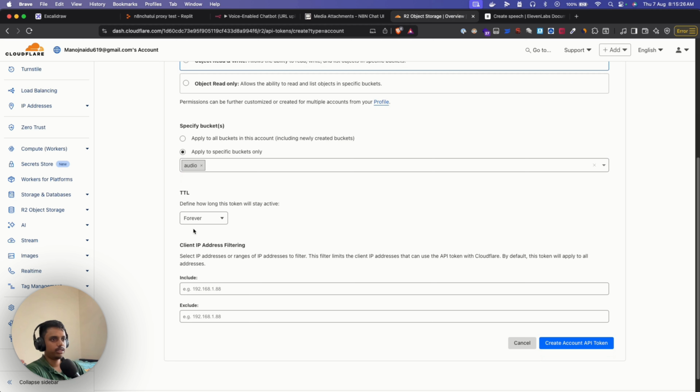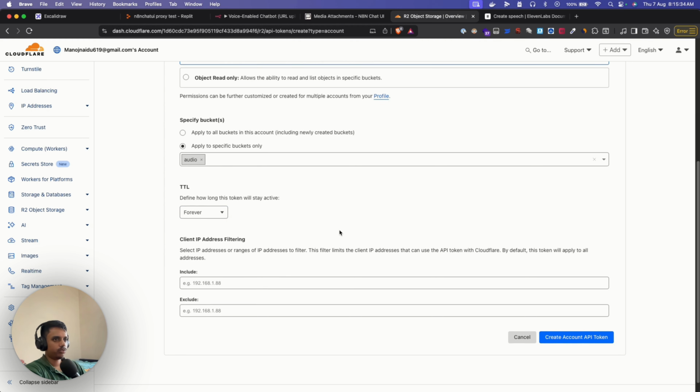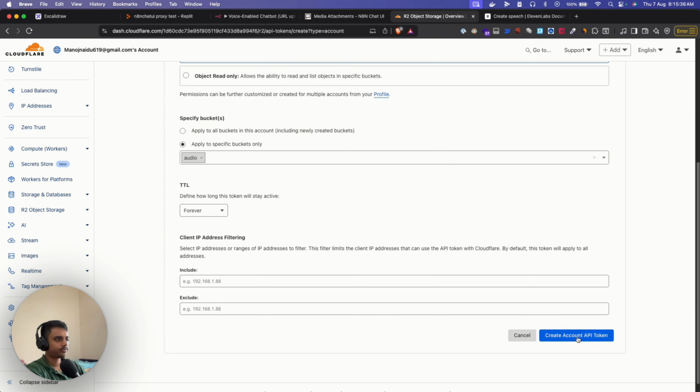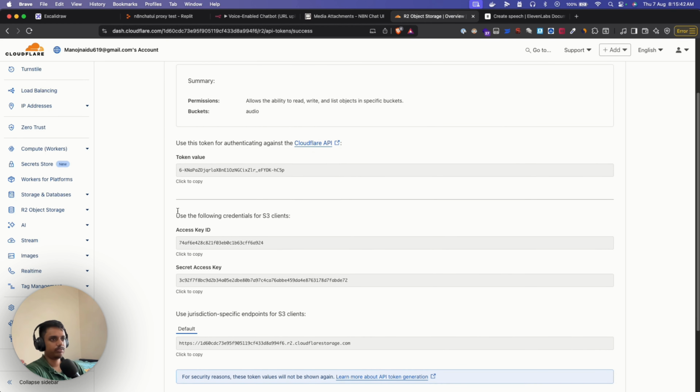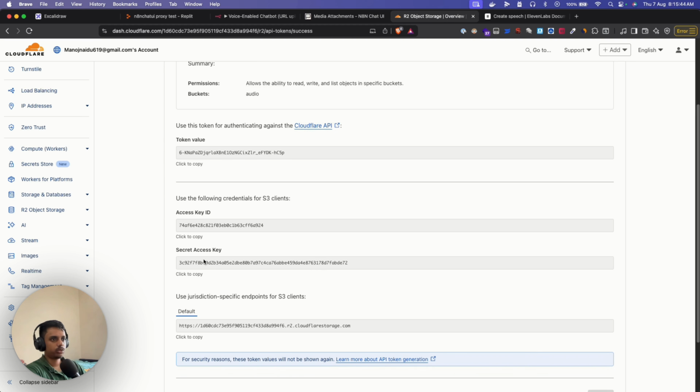specific audio bucket, and then TTL is basically how long you want this key to stay active. In my case, I'm just setting it to forever. I'll just remove it anyways. Once you click on create account API token, this is what you'll get, right? After filling all that information, this is what you'll get, and these are the three details that we are